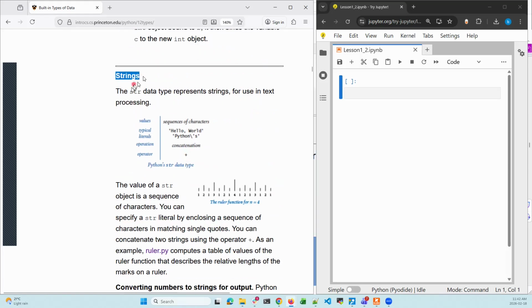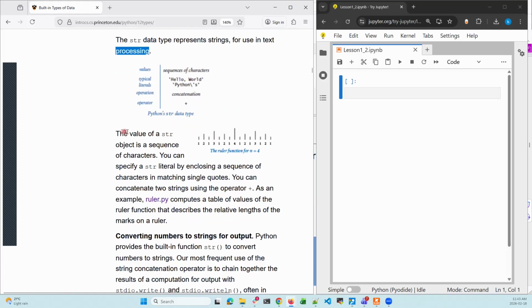Strings. The string data type represents strings for use in text processing. This little diagram shows it's a sequence of characters, typically like hello world or Python. We can also do concatenation, or add words together, and the only operator you can use is a plus to add words. So the value of a string object is a sequence of